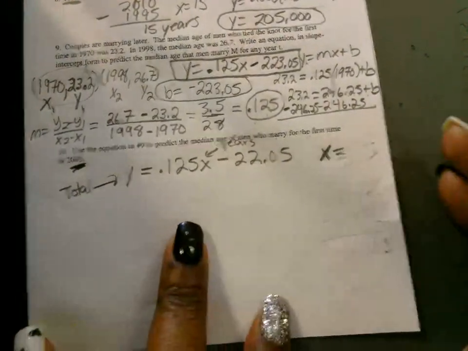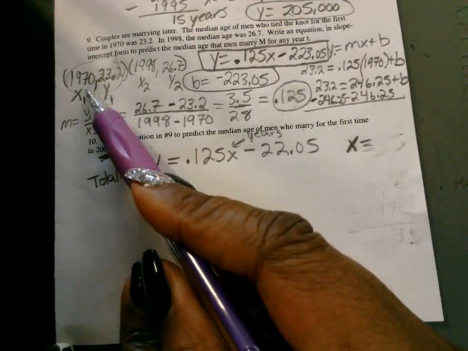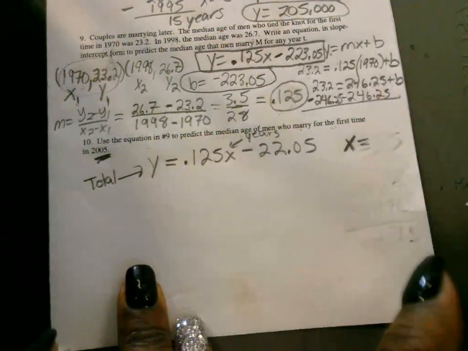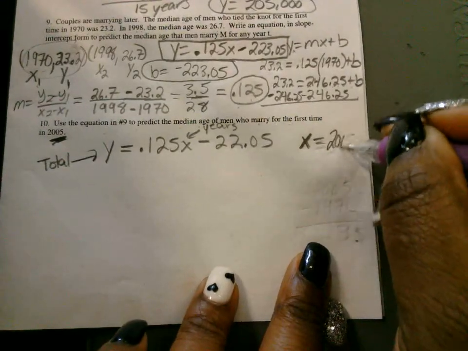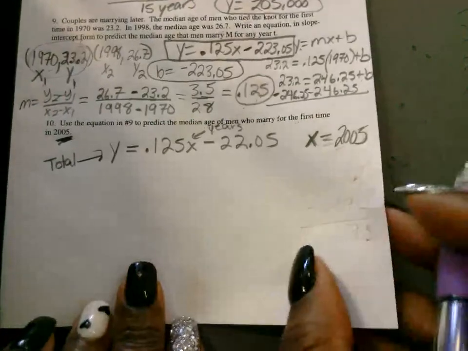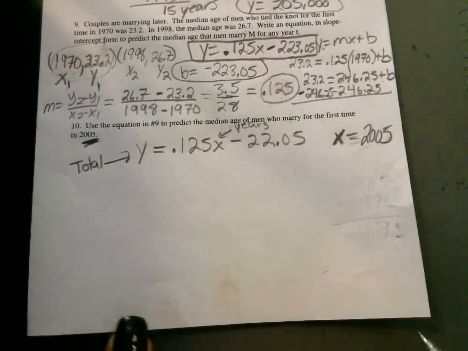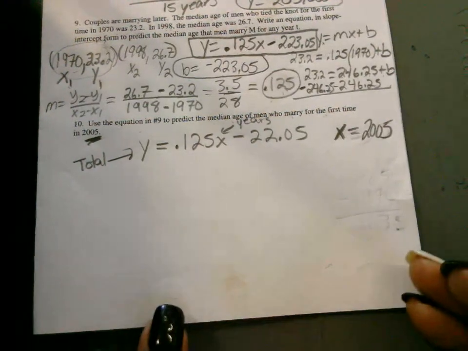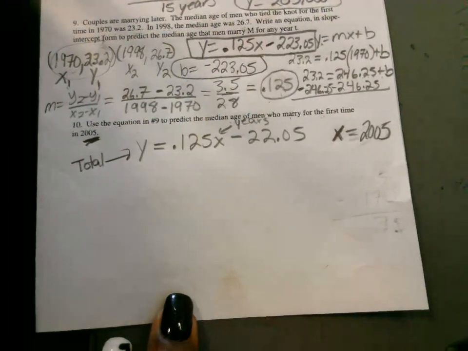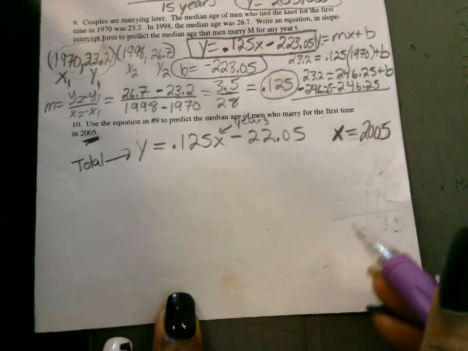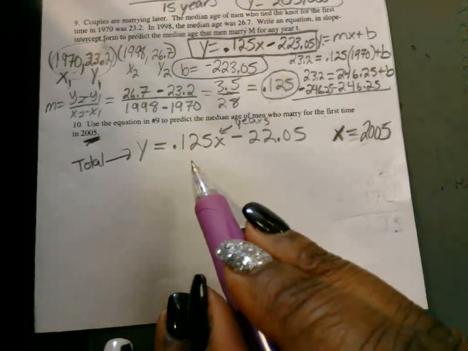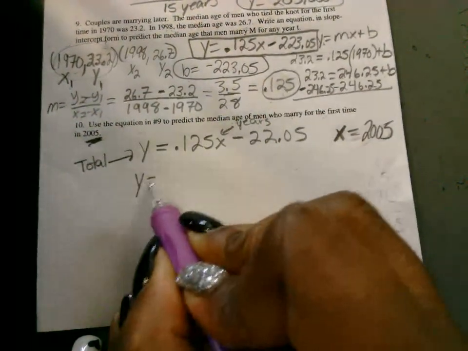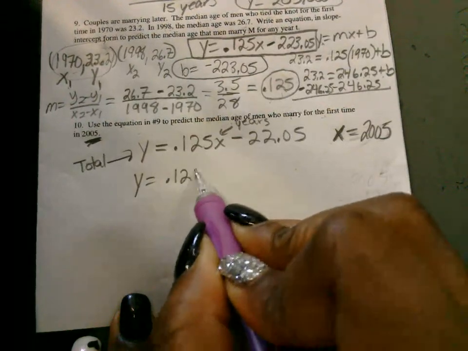All right, so X here, since I didn't convert this to be the 0 year, we're just going to substitute the actual number they asked us, 2005. We're just going to plug in 2005. Sorry about that, y'all. Thank you, Miss Farrell. True, somebody could easily figure it out without having to know you started in 1970. That is very true. I would have to show y'all both ways, where they're using the 0 year and where we did it like this. All right, so plug it in and use your calculator